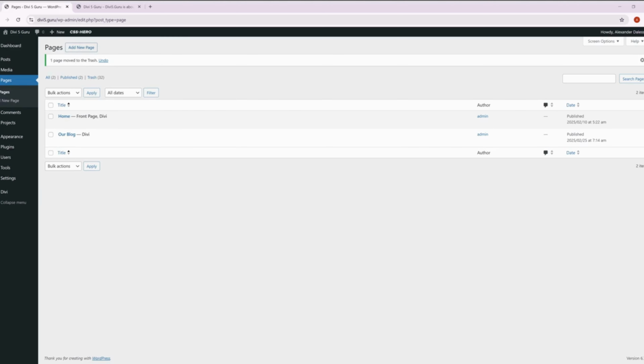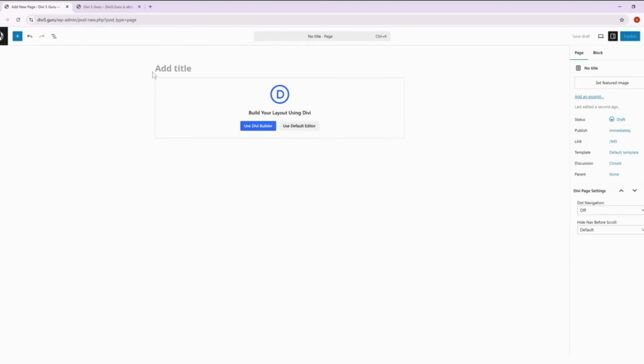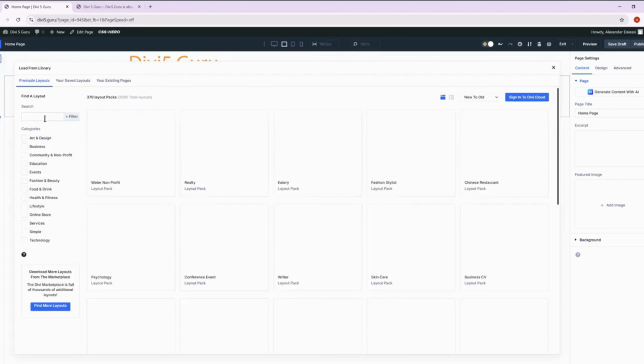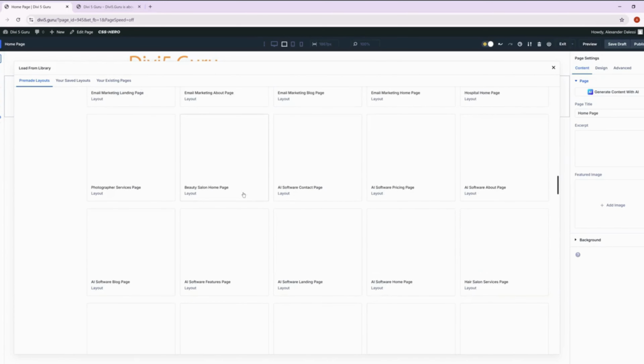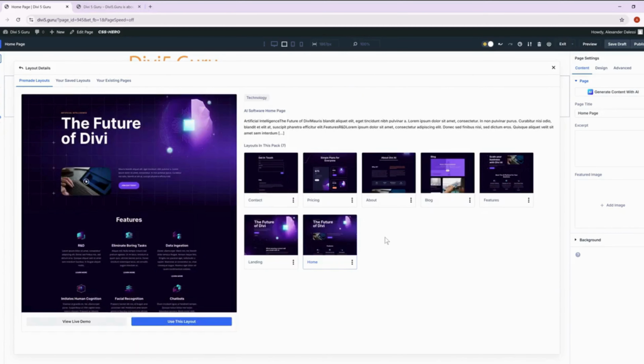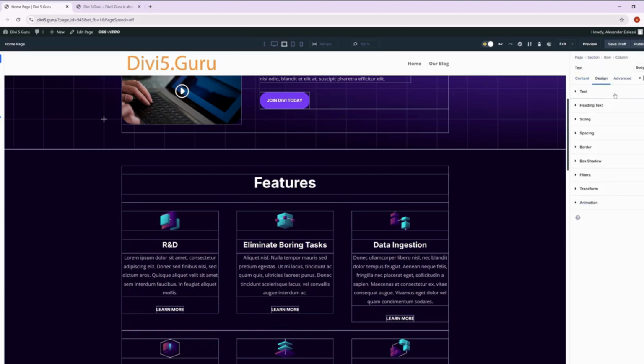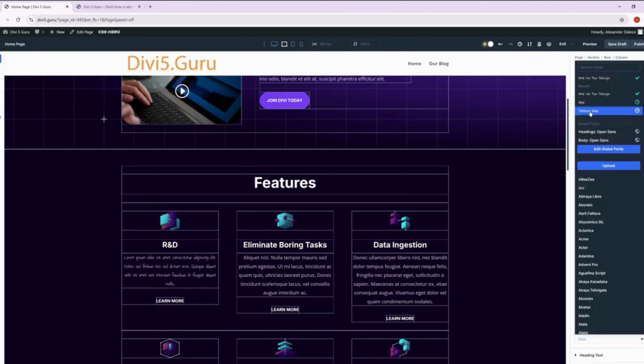So I'm in the dashboard, I went to the pages menu, I'm going to click add new page. I'm going to call this page home page, save draft, and I'm going to go into the Divi builder, click this button here, click pre-made layout. I'm going to search for AI, pick AI software homepage, use this layout, change the text to something different, use